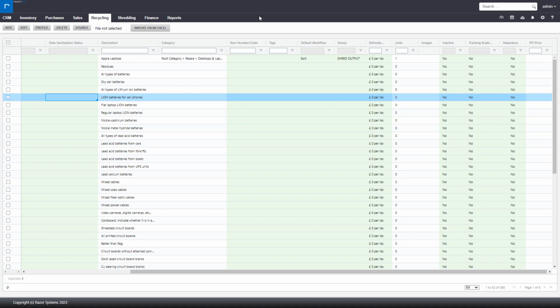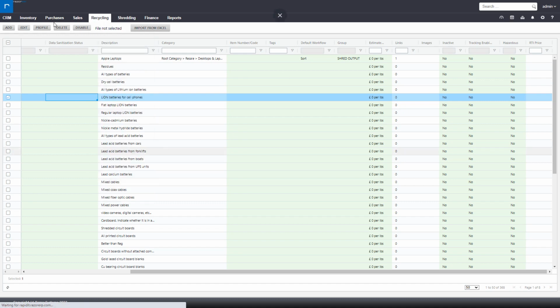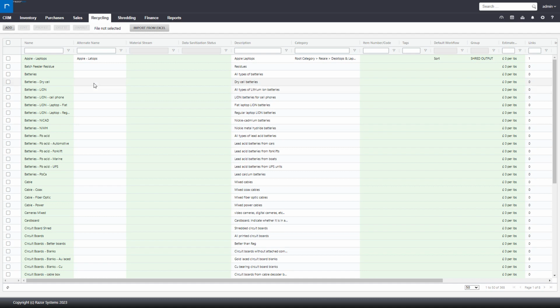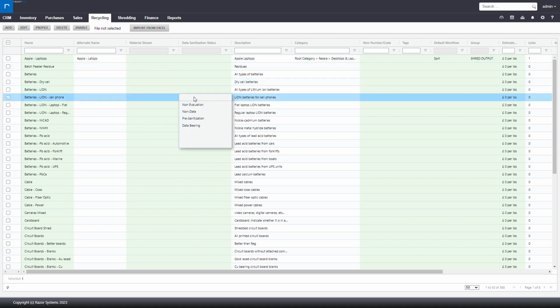Hey guys, in today's video we're going to show you how to use the new Recycling Master Commodities import functionality. You're going to start out by going to Recycling Master Commodities, and this is going to open up the Master Commodity page. We've made some recent updates where everything that's in this green hue, you'll be able to either inline